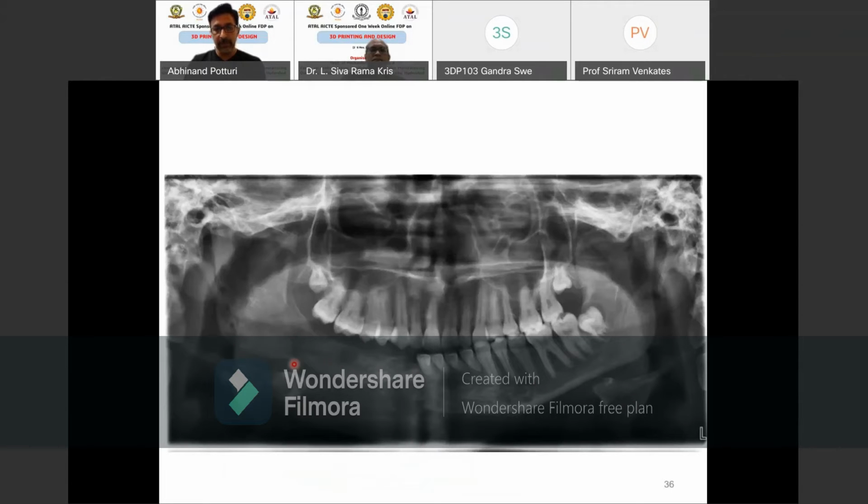This bone was missing before. So new bone has formed. This is not the end of the story. What will happen? Now the patient has got bone, but he doesn't have teeth. So again, what we do, we will reprint this again with a 3D printing